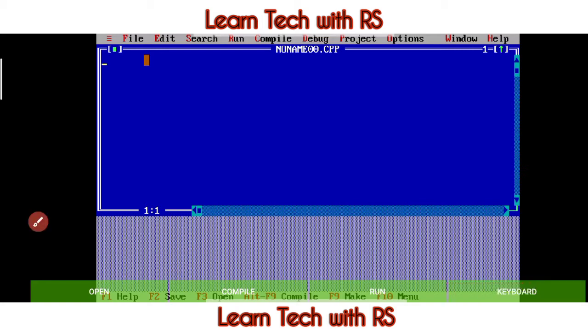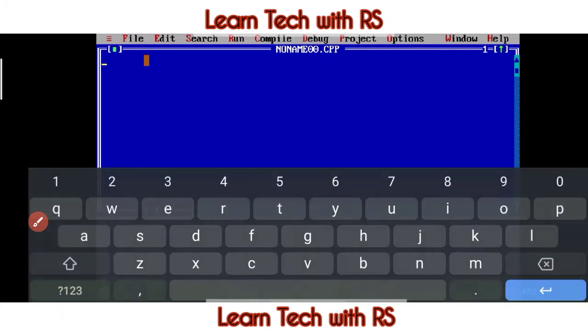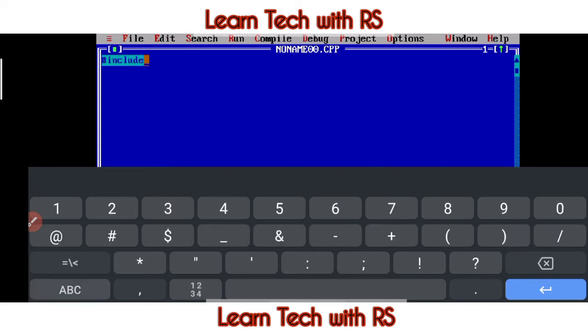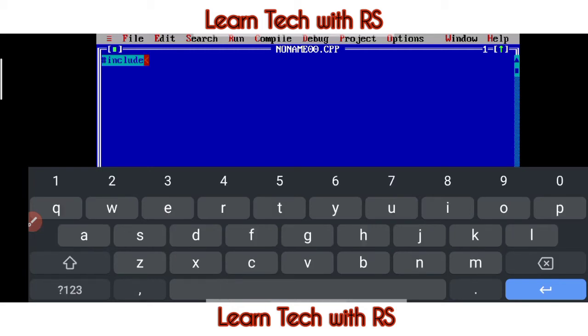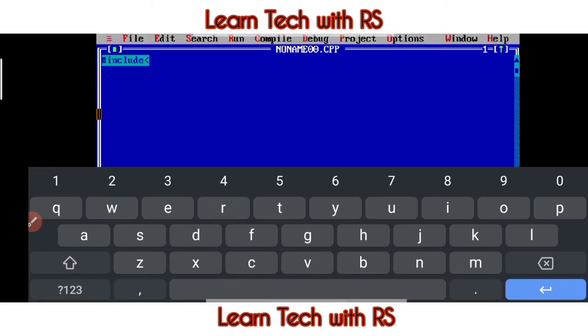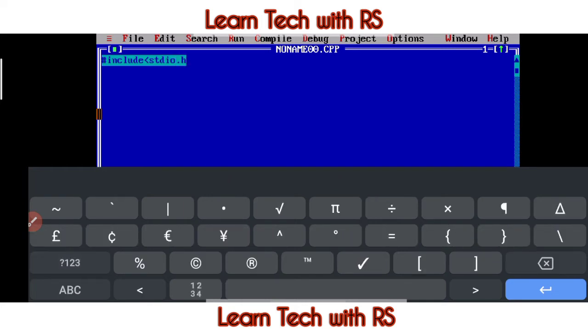Okay, so let's click on keyboard, and now we will start the syntax. Hash include, then this bracket, and include and in bracket stdio dot h. Okay, so here, as you know, std stands for standard, io means input output, dot h header file.